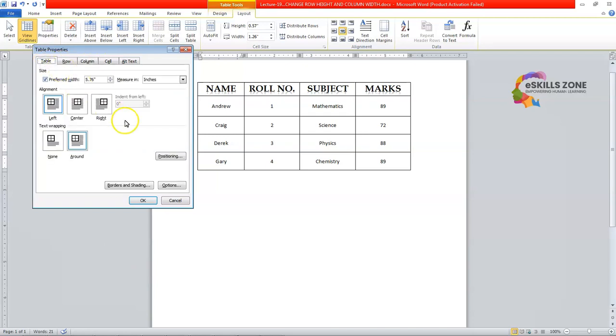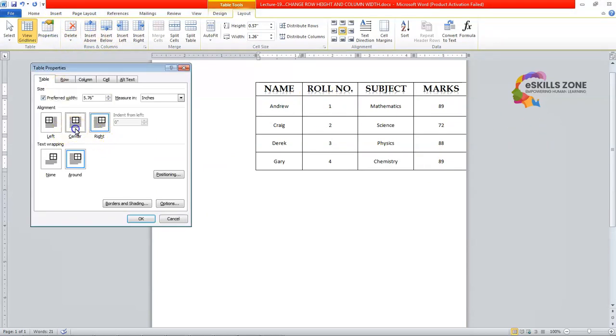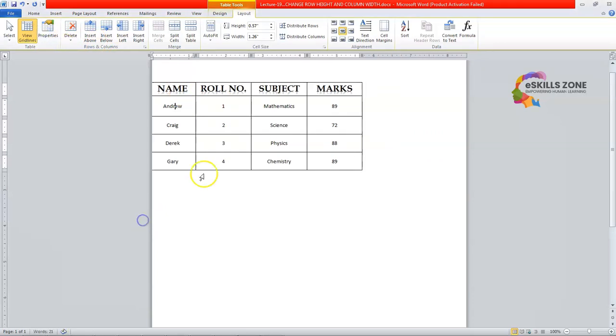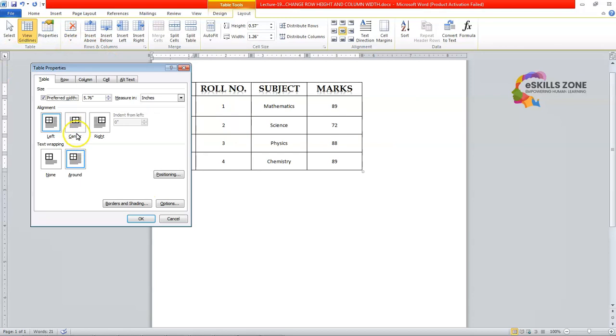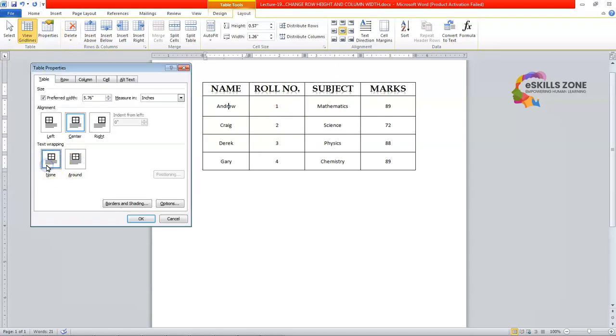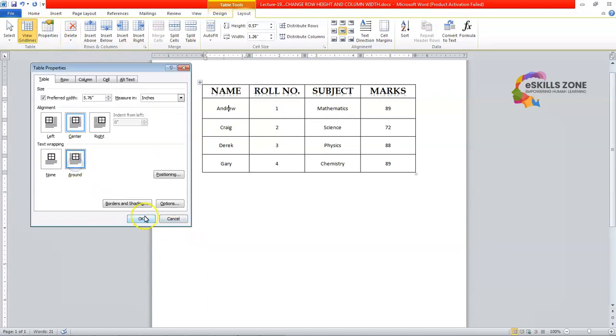And viewers, you can see that you can always assign text wrapping. Like in this case, if I select the right option, the table goes to the right position, and if I select the center position, it will come back to the center. Select the left, then you can go to the left side. But here in this case I will select center. And if you see these two options for text wrapping from the Table tab, if you click None, then you can see that nothing happens. But if you click Around